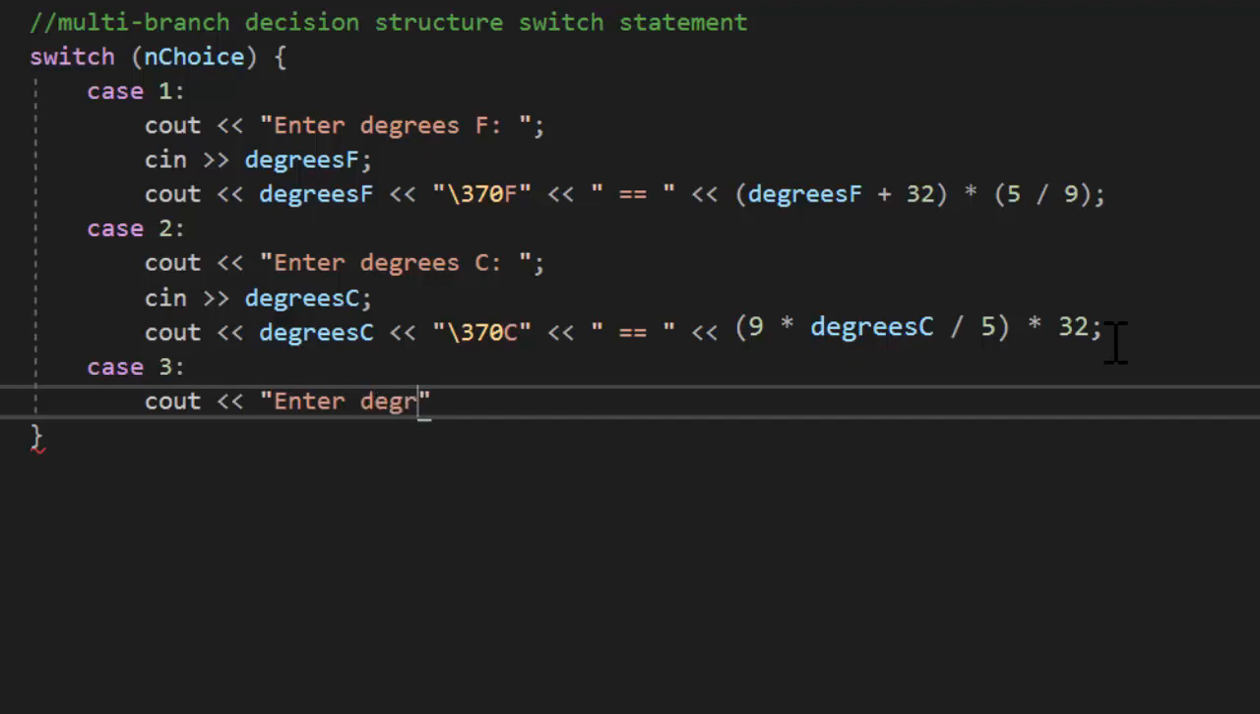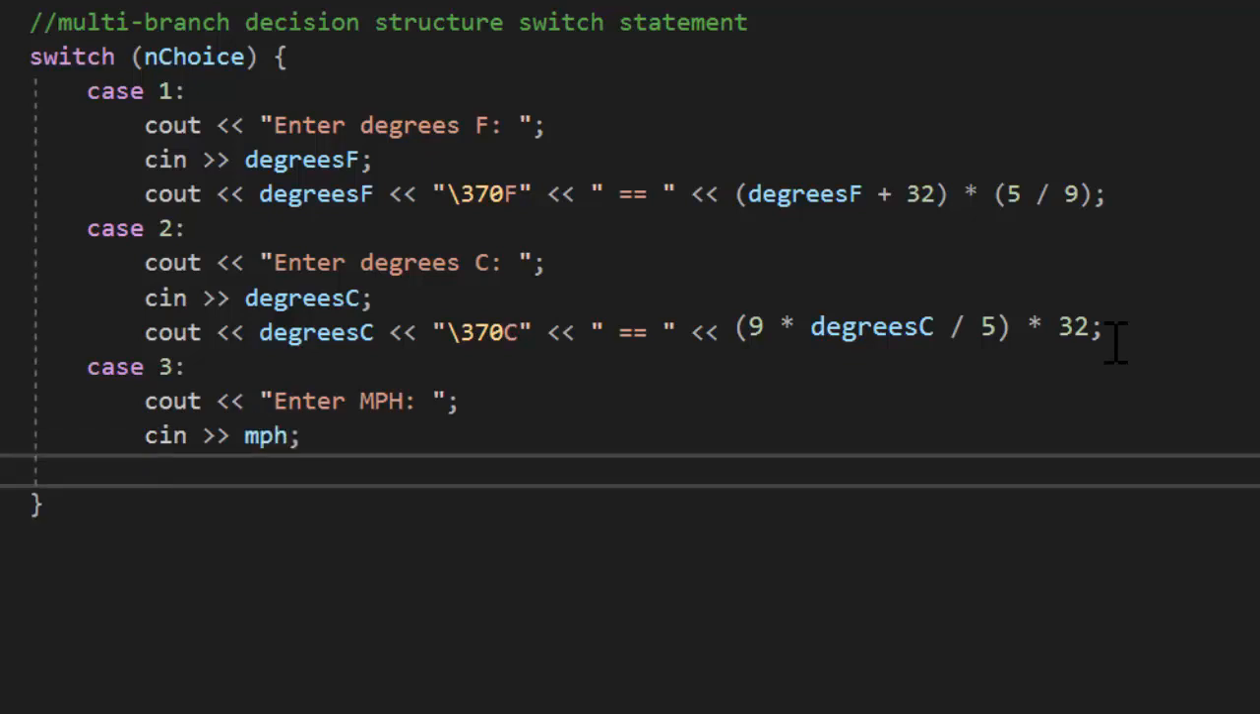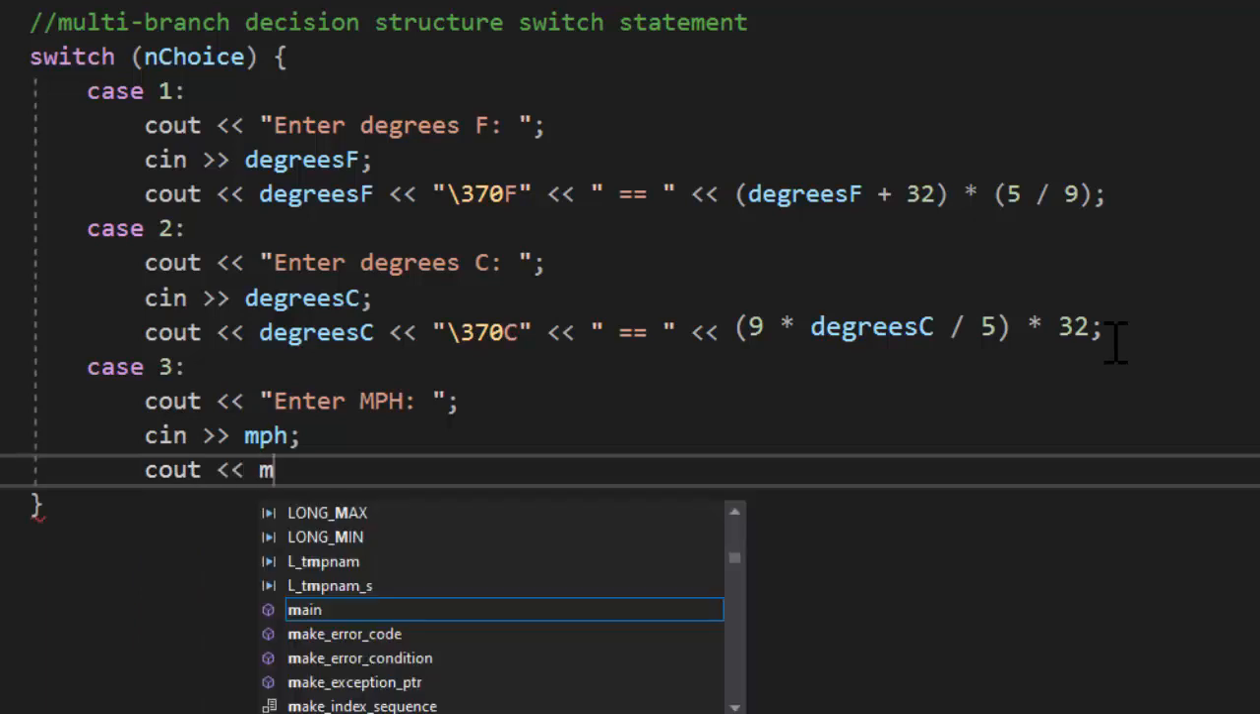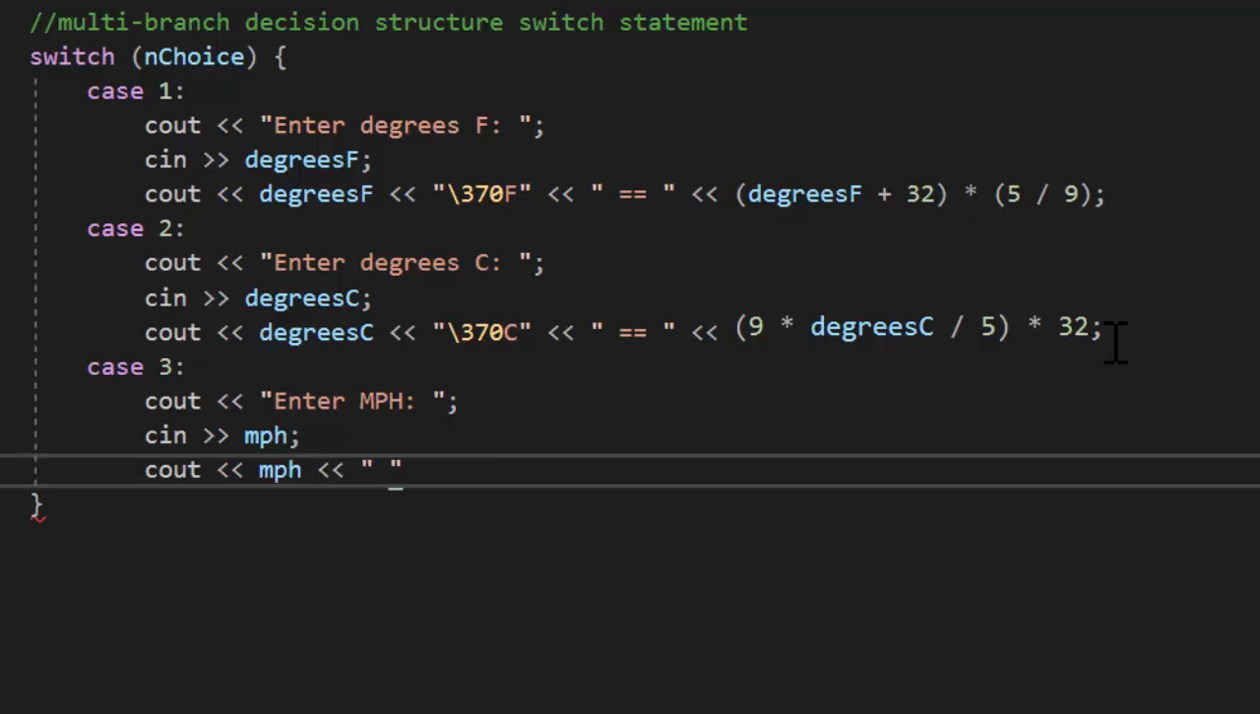Enter miles per hour. Read that in, and display it, and say miles per hour is equal to